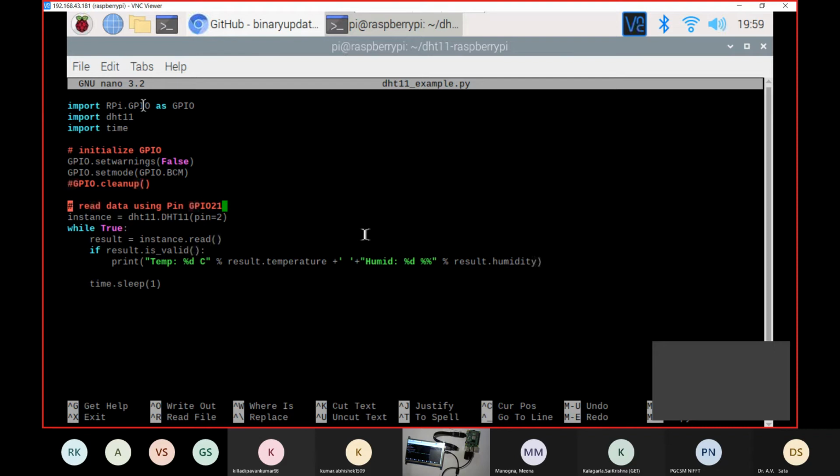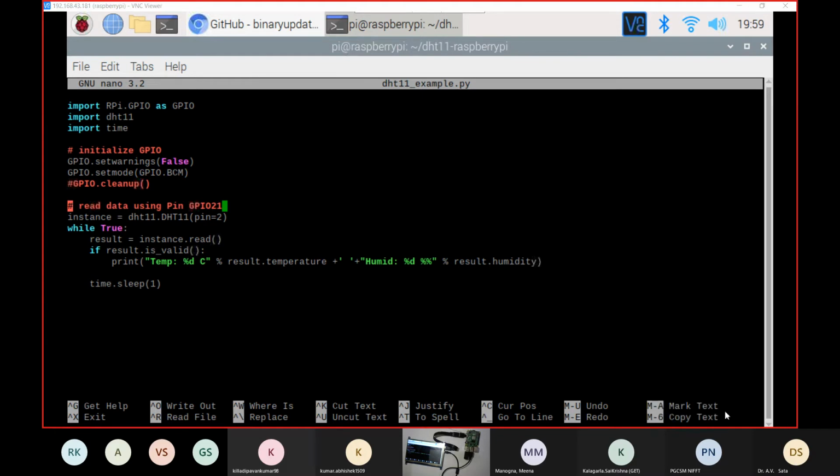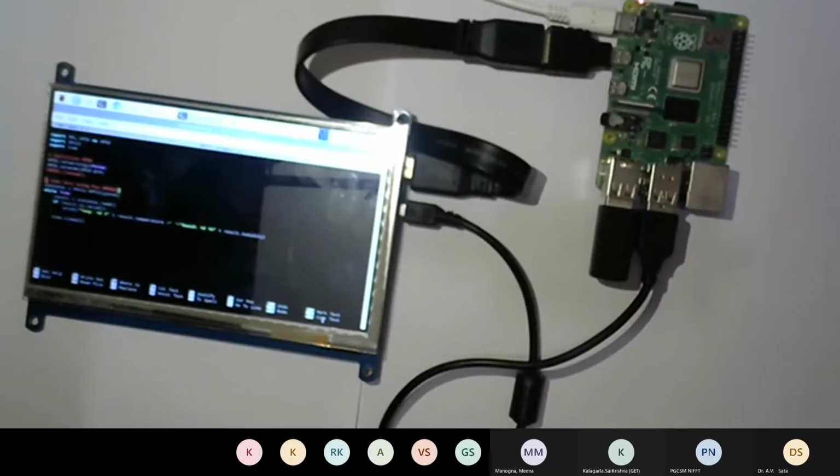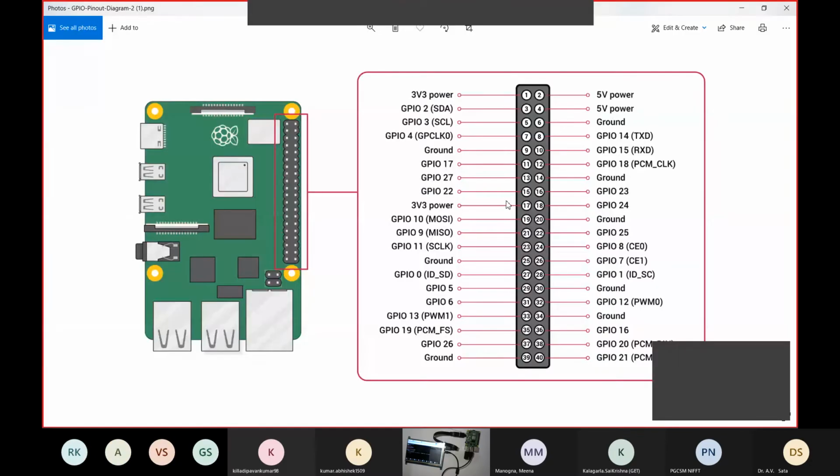Then they are saying that we'll be using the data pin from GPIO 21. But as you can see from this photo, 21 is in the bottom part, and there are the 5-volt power pins in the top part, which are pins 2 and 4.